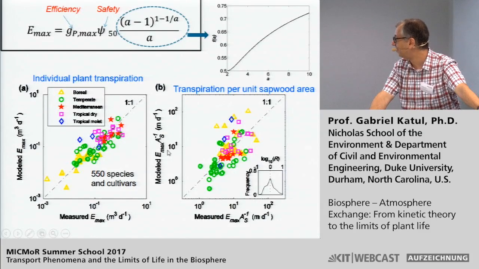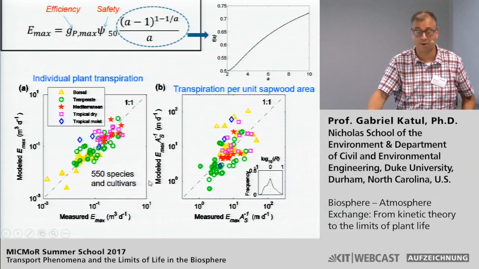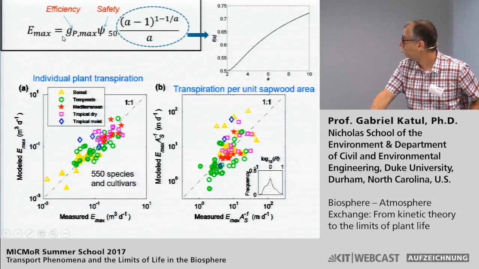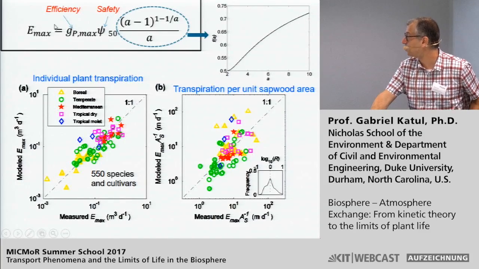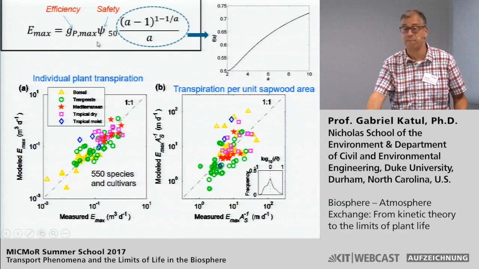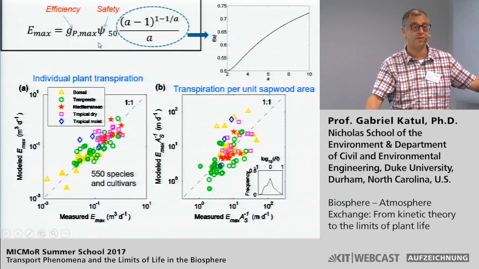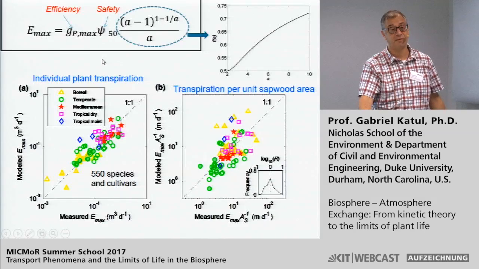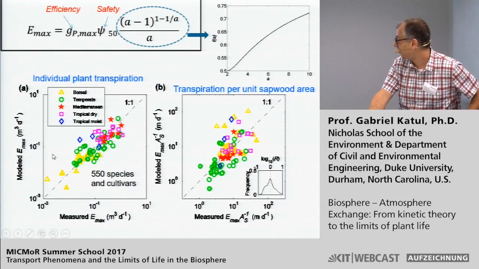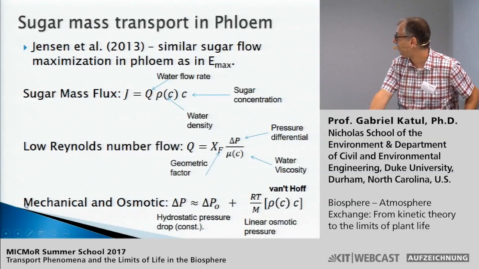So he came back to me and said, no, I actually looked at maximum transpiration rate, also normalized by sapwood area, and the agreement seems to be still okay. So that does suggest that at least GP max and psi 50 may reflect this trade-off between safety and efficiency, but you have to condition it on maximum transpiration. Okay, so alone, on their own, they don't say much. But for a given maximum transpiration rate, you could compare now safety versus efficiency based on what GP max is and psi 50. And these are, by the way, measured from vulnerability curves. So we have a lot of that information.